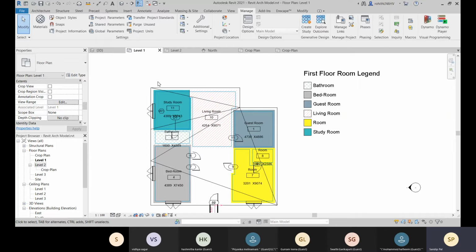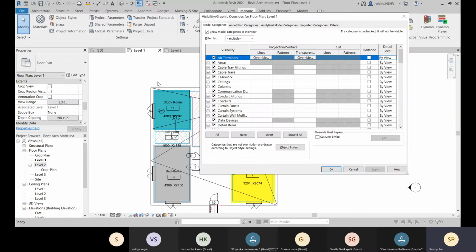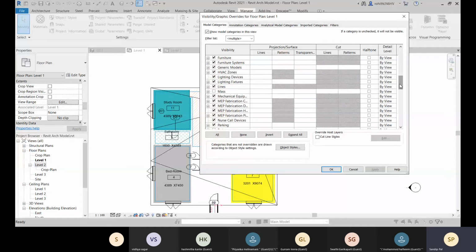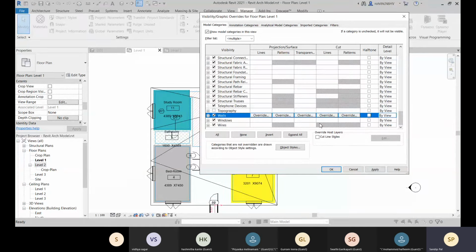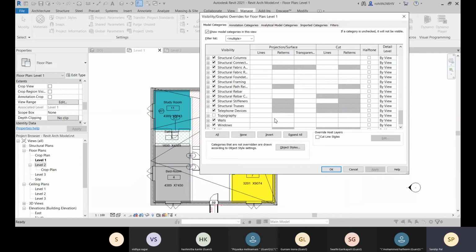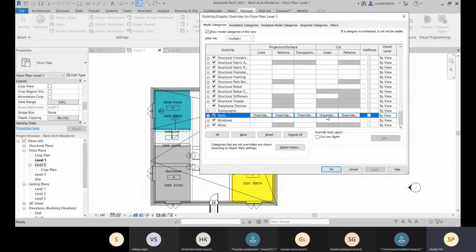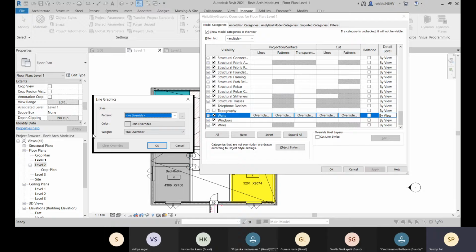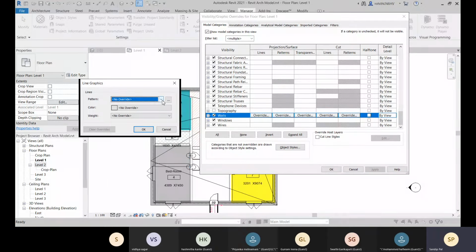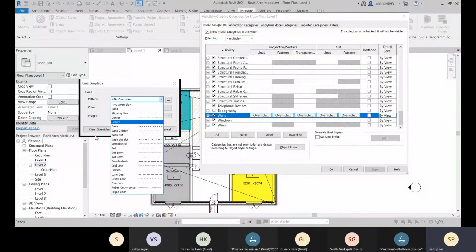So don't expect that. Let's go for visibility graphics and let's go for this wall option. And so let's come to this cut. So the lines. So you are overriding with this pattern. So let's go for this center line.